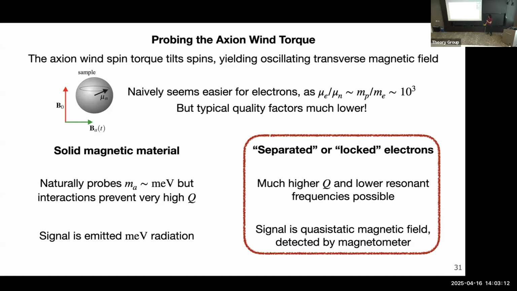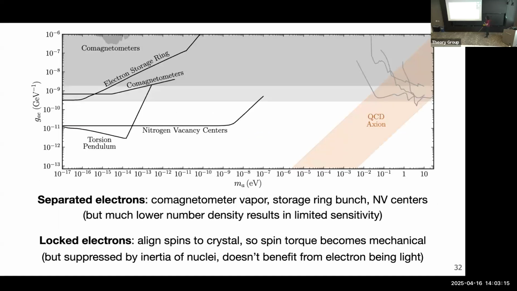So I'll give you some examples of how people did this. These are all, of course, proposals. No one actually has done this yet. This is just theory projections. So there's a family of experiments that I call separated electrons. So we can search for this electron spin precession in the near field by using electron storage rings. So these are just like lumps of groups of electrons traveling around a storage ring. Co-magnetometers, which just means some magnetometer where the spin is compared against the spin of something else, and also nitrogen vacancy centers. This is a proposal from a few years ago where you can have diamonds have these defects in it, and each defect will carry an electron whose spin can precess. And then you can have these separate from each other.